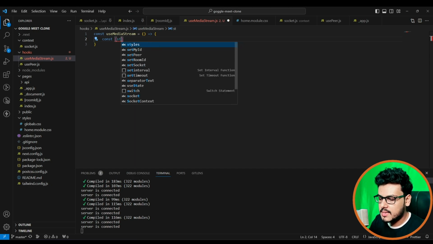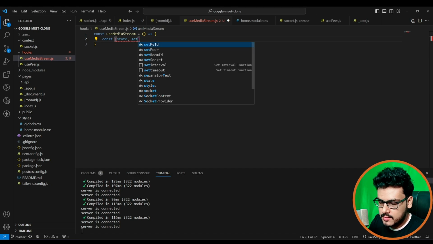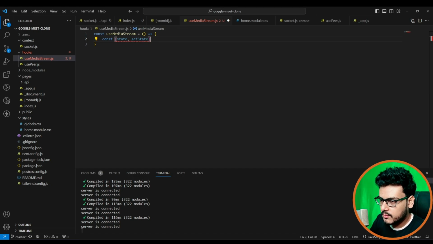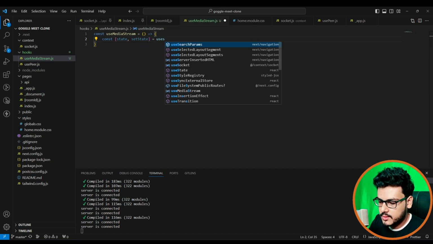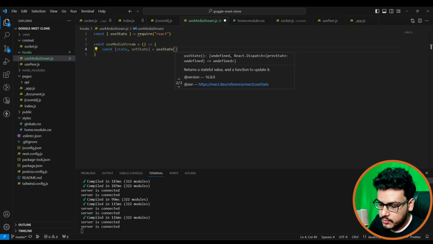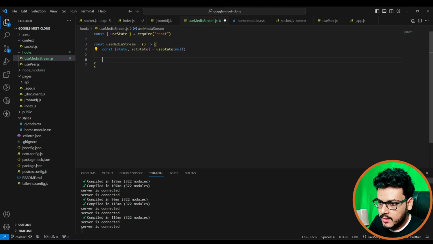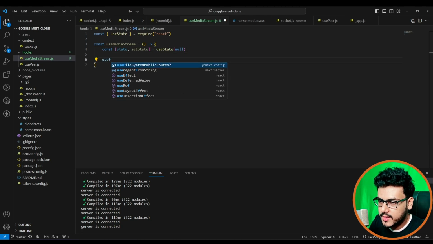Why we are calling it state and not stream, you'll see as we progress inside this custom hook. So I'll just call it state and setState, useState. Initially there is no stream, so it has to be null. And over here I'll have a useEffect,